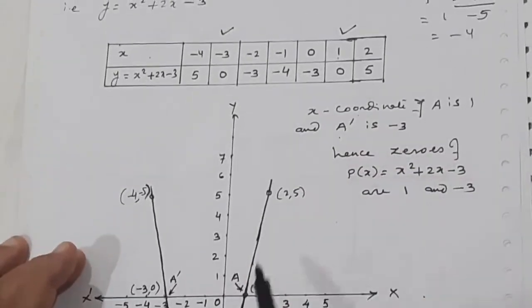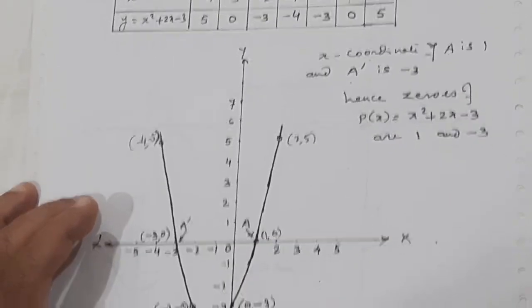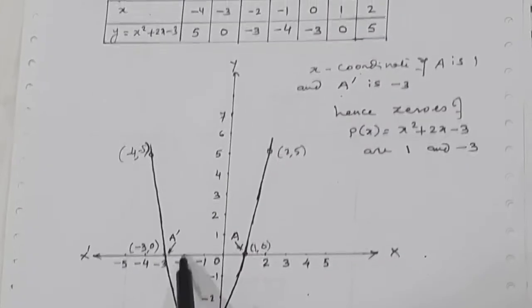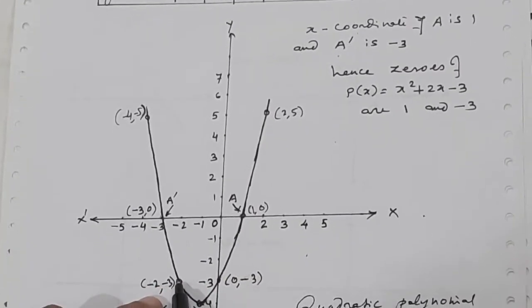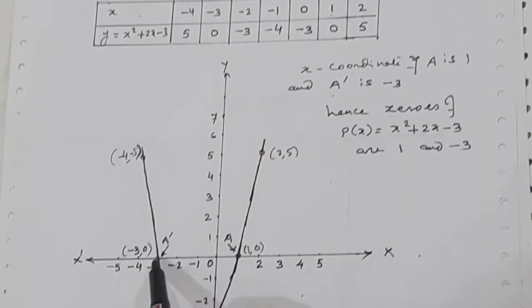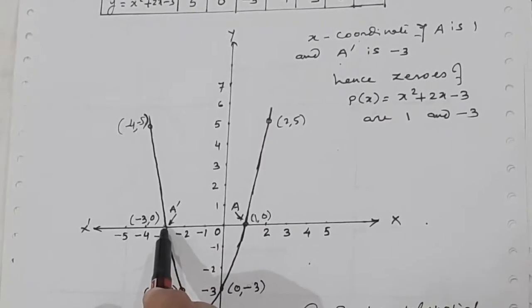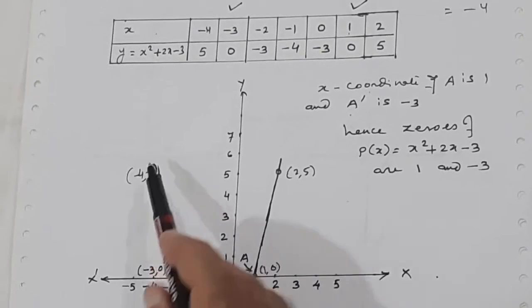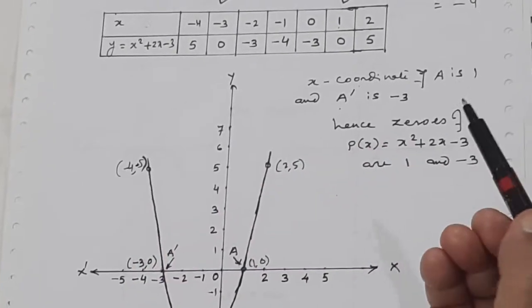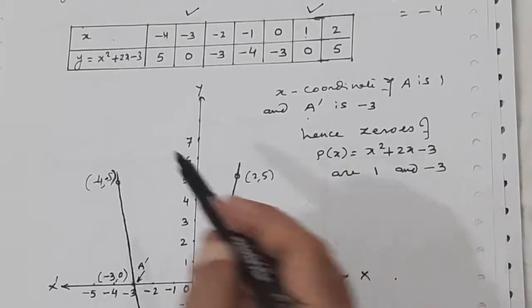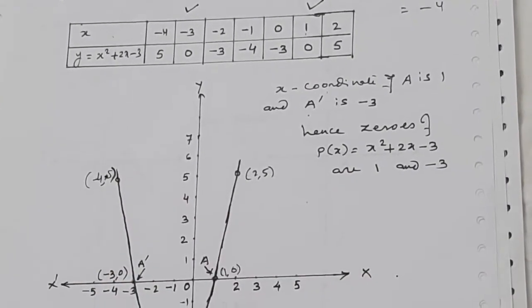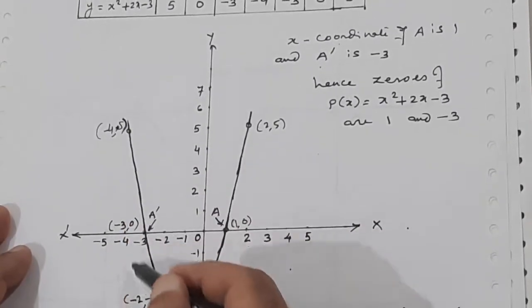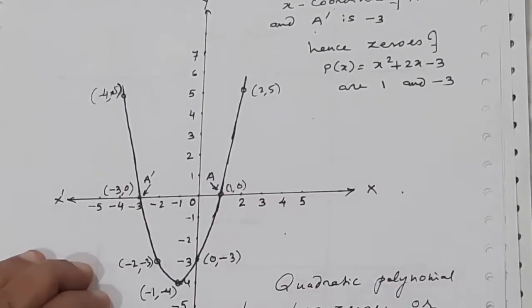And then minus 1 and minus 4. This is a point. Next point is minus 2, minus 3. Next point is minus 3, 0, so that will be on the x-axis. And next point is minus 4, 5. Minus 4 and then 5. Right? So this is plus 5, not minus 5. This is minus 4, 5. So this is the graph, and join these points. You will see that you got a curve.